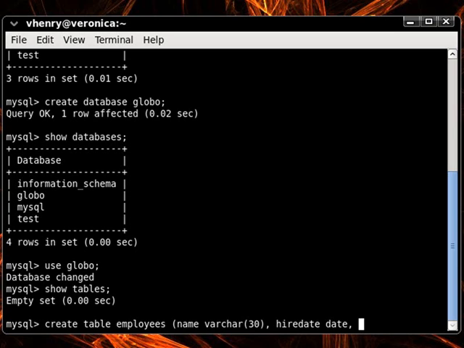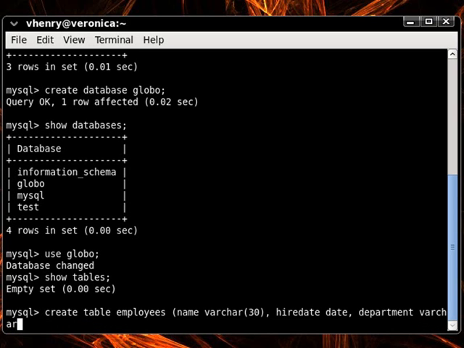Next, we're going to add in department. I'm going to make that a varchar as well. And as you see there, as we're typing, it'll just go ahead to the next line, so you don't have to worry about hitting enter. For department, we'll make that a varchar of 30 as well. And then finally, salary will be a decimal data type. And we're going to make that 10 spaces because we've got some pretty high paid employees around here. And we'll allow for 2 decimal points after that. So we'll close the parentheses for the decimal and also close the parentheses for the entire command and end it